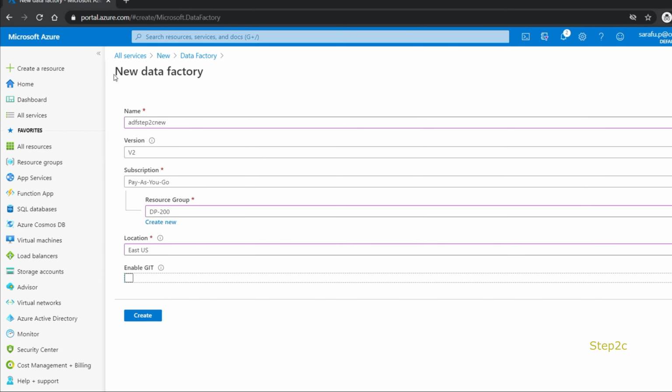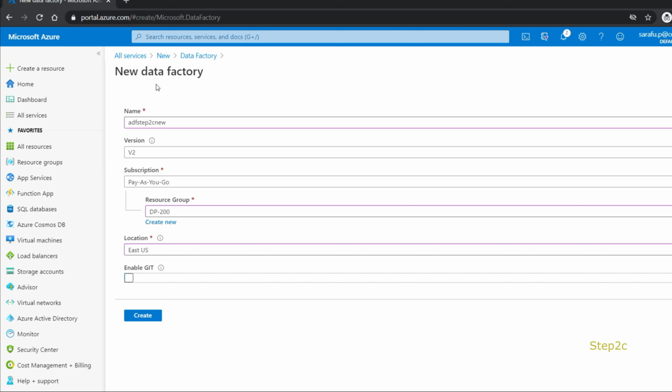So in order to create an Azure Data Factory instance, we need a name, we need to select the version, the subscription, the resource group, and the location where we are going to deploy the Data Factory instance.